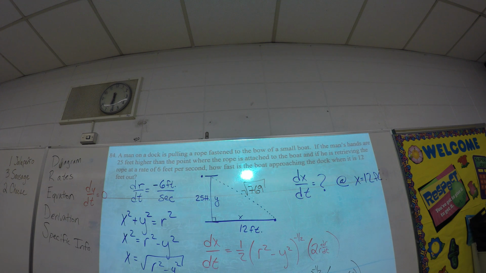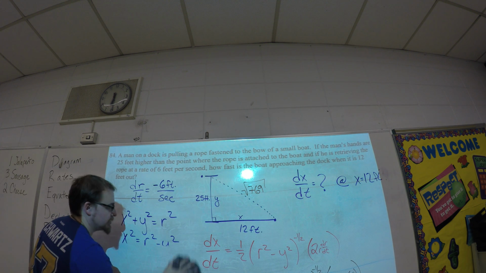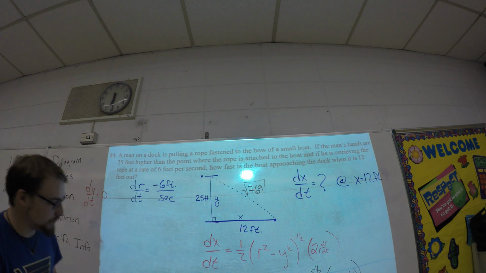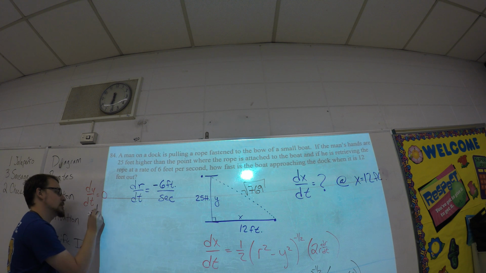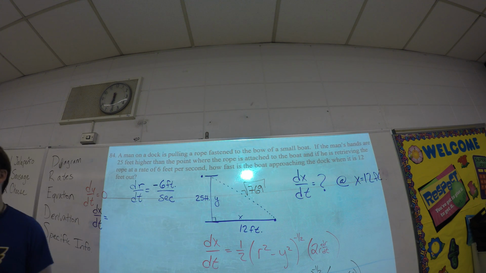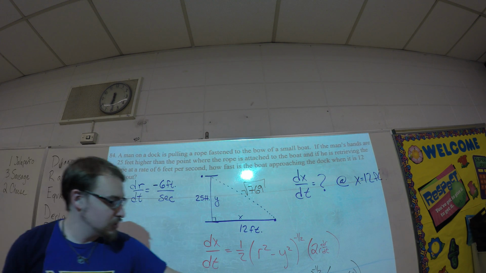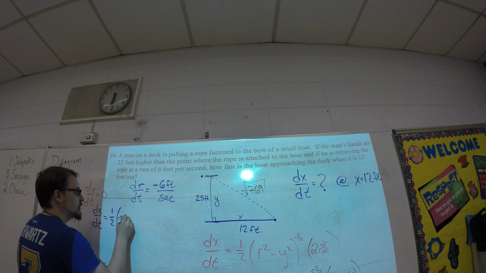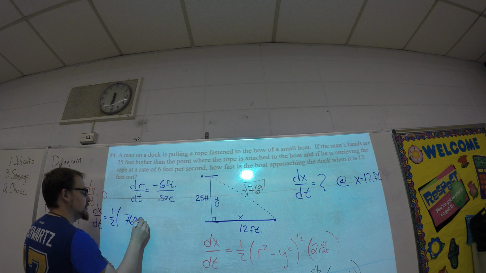I'm going to erase the scratch work we have up here now, so I got room to actually do this. So, showing my work, dx/dt, what we want, is going to equal a half times root of 769 squared. 769, right? It's going to be feet squared now, though. So we get a half 769 feet squared